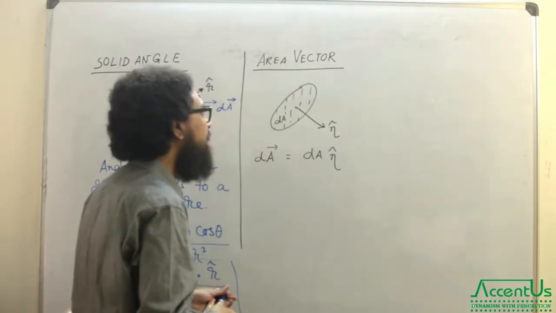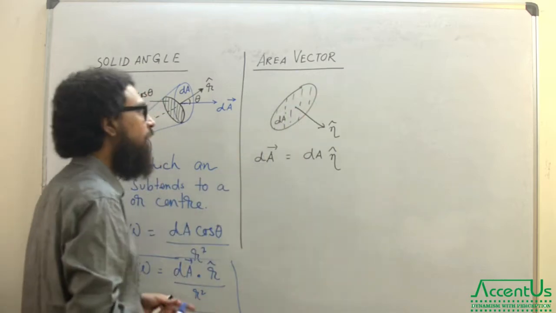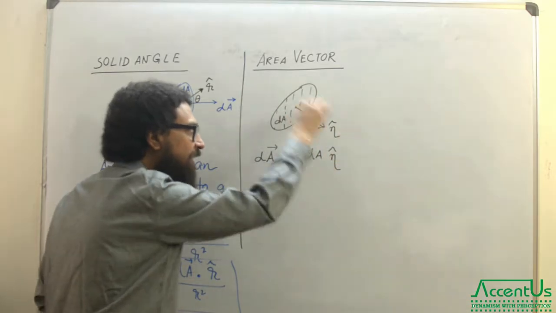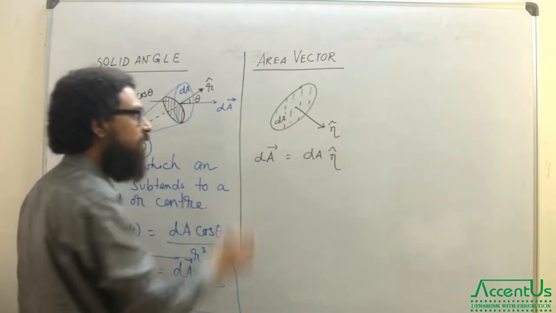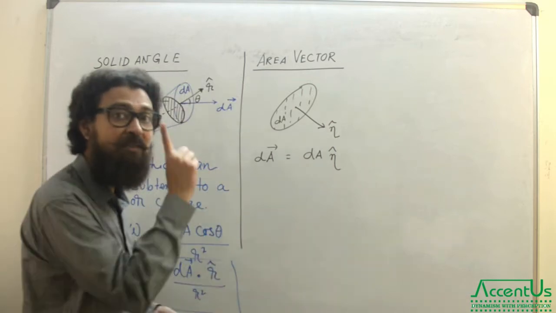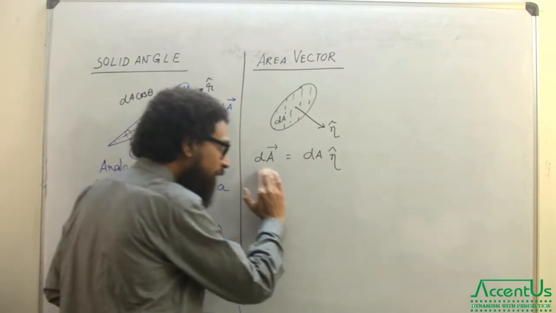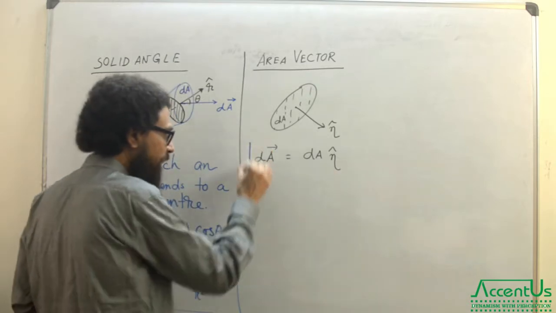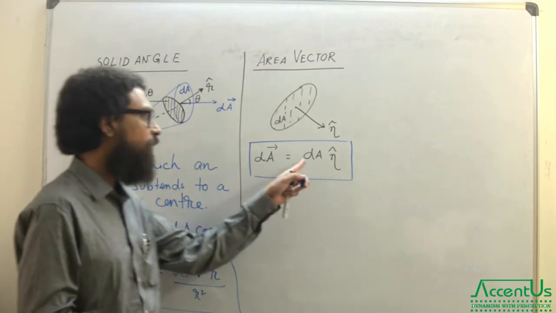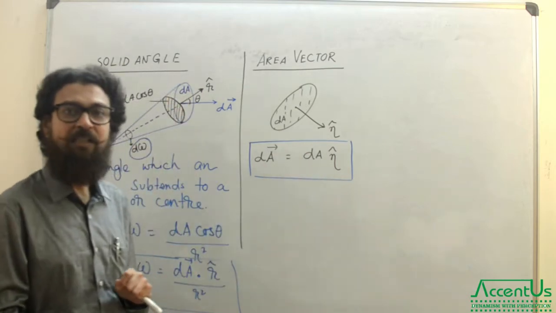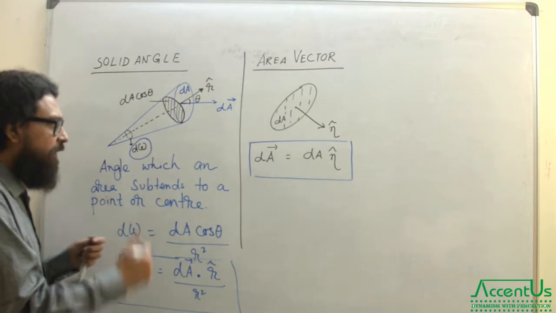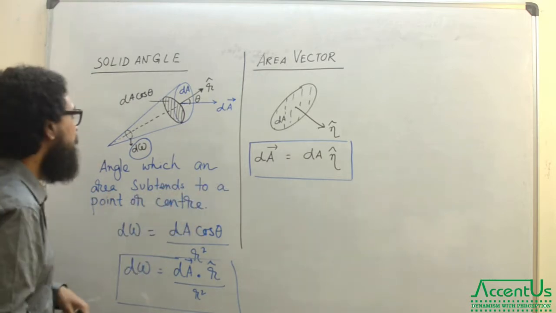So this is the figure I have drawn. Please draw this in your classwork. This is the area, the orientation of this area is through this unit vector n cap, and this is the magnitude of the area which you had calculated in lower classes in mensuration. Now we represent the expression of area vector like this: dA vector is equal to dA times n cap. This is the directional aspect of the area vector. The unit will be meter square, the same as before.